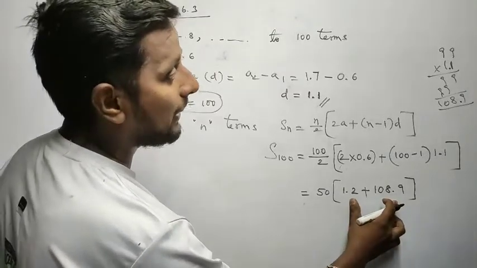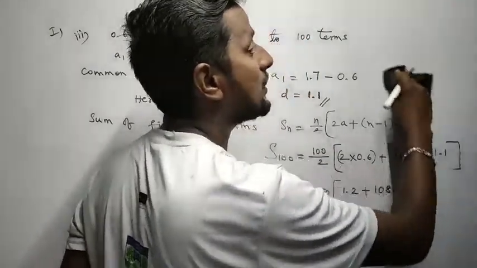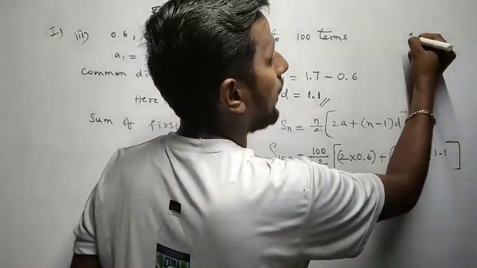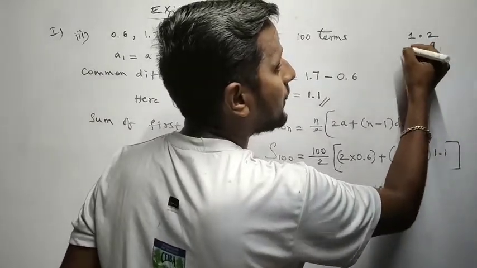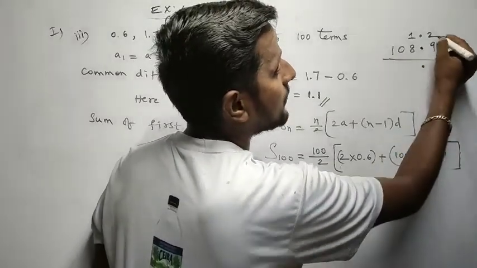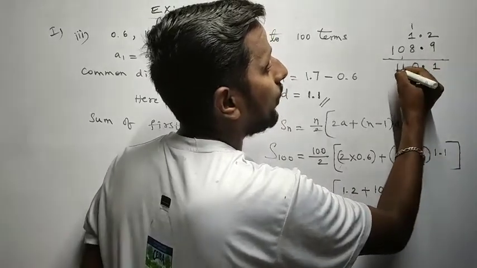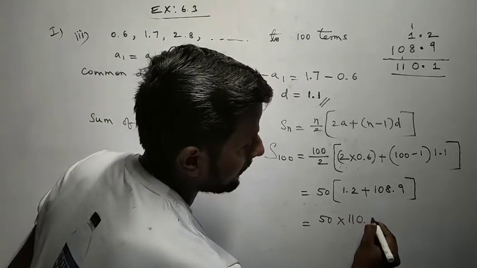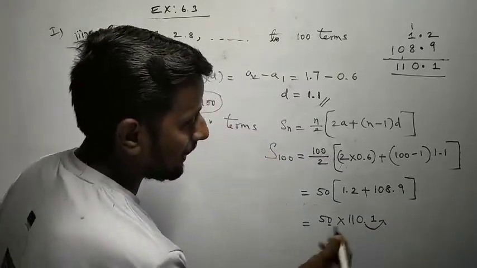Look at the way of adding decimal numbers. While you are adding decimal numbers, remember the decimal is a common place. Decimal should be common, okay? So first number 1.2, second number 108.9. Got it? Decimal as it is, 2 plus 9, 11, 1 carry, and 10, here 1 carry, 1, 1. So simply I'll write 0.1. Here we have a 0, right? So the decimal moves one place here.